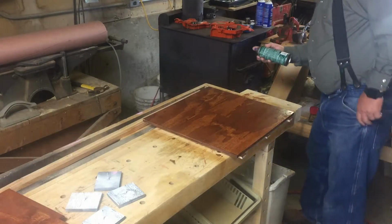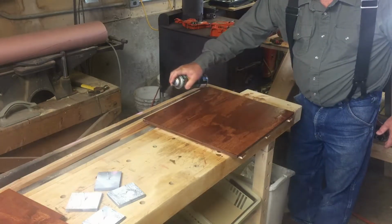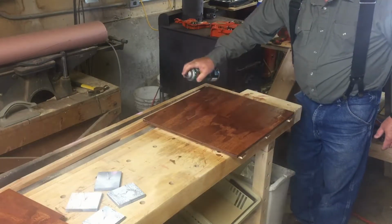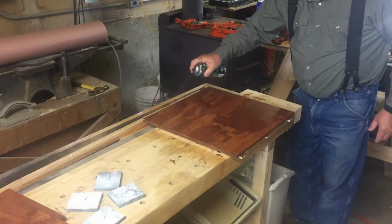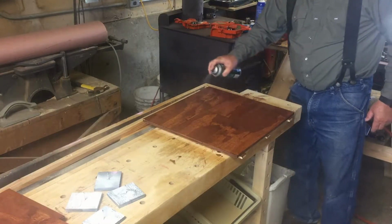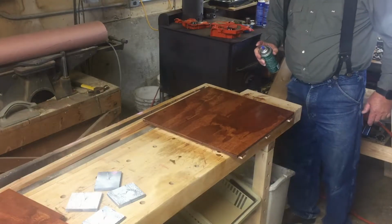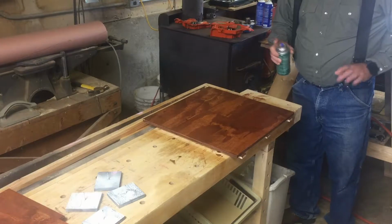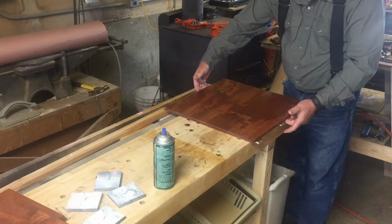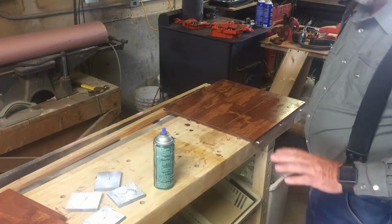Okay, we'll do a little bit over this way. Of course, when you put this on with a roller or a brush, it'll go on a lot thicker. But right now, I'm just going for the color of the sample and the sheen of the finish, so that I have some idea where we're at. We're going to do the kitchen, which I figured was a little under